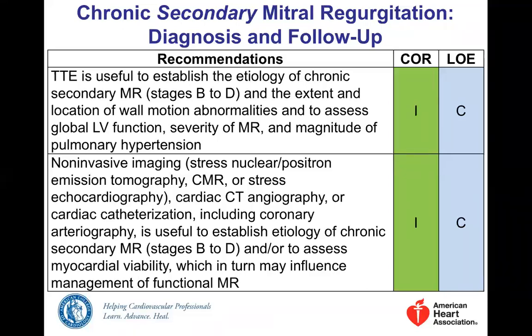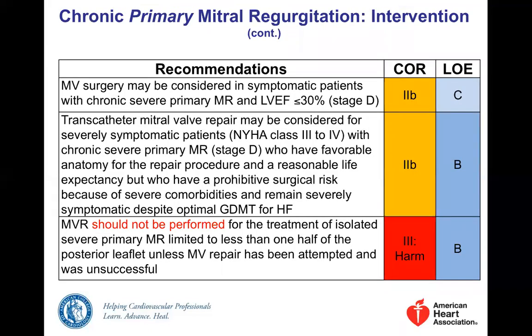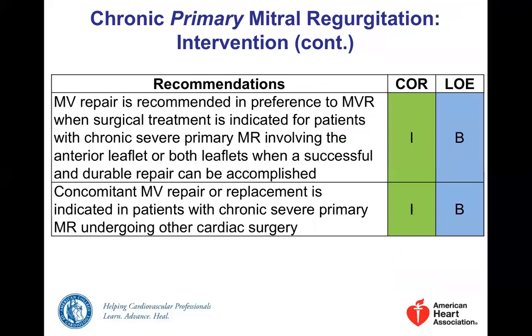Thank you so much. Let's slow down a little bit. So go back to the primary MR guidelines. So as you guys see here,